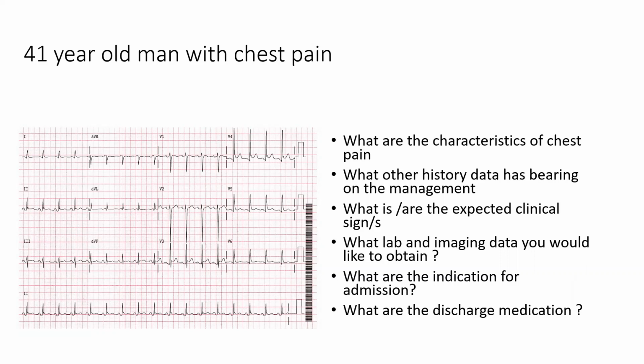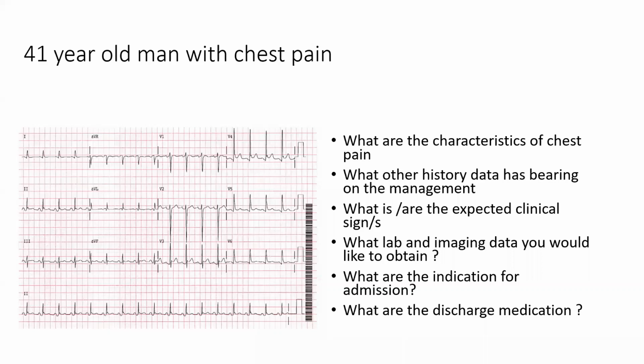If it is subacute onset, something that has been lingering for some time, you better admit this patient. If there is elevated troponin, history of trauma, the patient is on anticoagulation, or the patient is immunocompromised, or if it is non-idiopathic pericarditis,